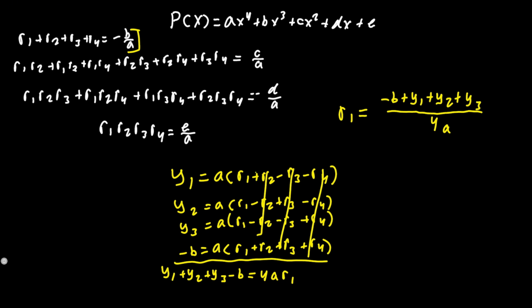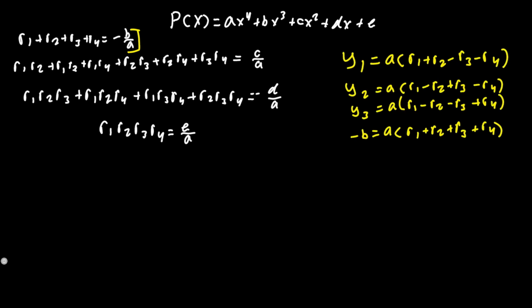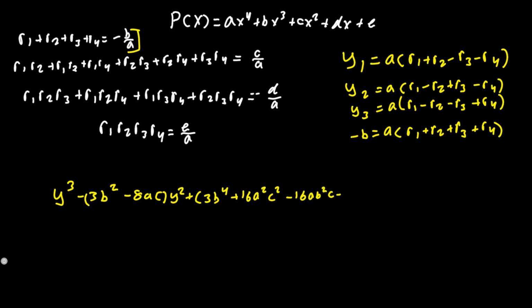And if we go ahead and look at the resolvent that we get from these expressions, we will see that the cubic in terms of y will be y cubed minus 3b squared minus 8ac times y squared plus 3b to the 4 plus 16a squared c squared minus 16a b squared c plus 16a squared b d minus 64a cubed e y